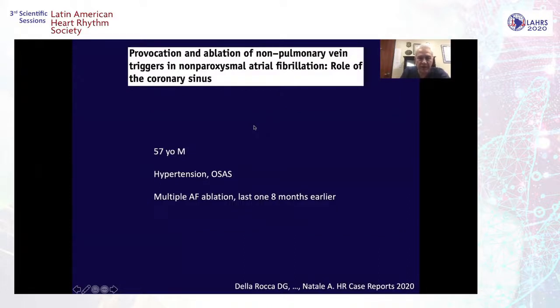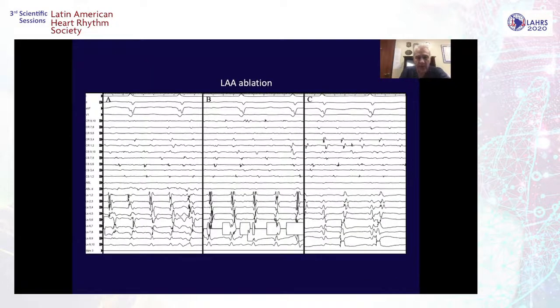So another patient is a 57-year-old with hypertension, sleep apnea, multiple AFib ablations, the last one 8 months earlier. He was sent to our center, and you see that we started the ablation in a sort of AFib,